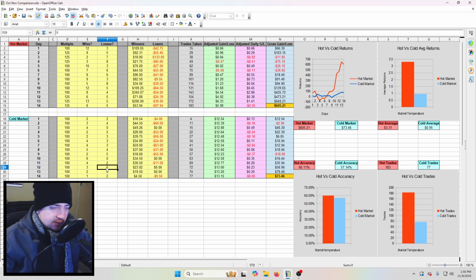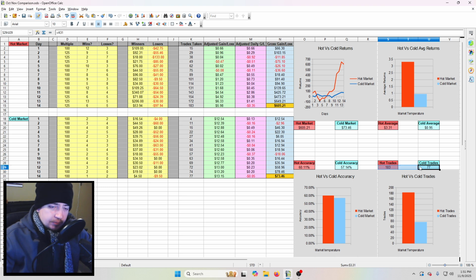And the reason is because I'm being more selective. I recognize that a particular setup will not resolve the same in a cold market as a hot market, and also that the length of the move, right? This range of the move is also typically much smaller, so I'm typically looking for much lower price targets, right? In a cold market, I might look for 5 or 10 cents per share, whereas in a hot market, I might look for 20 or 30 cents per share. And that range really just depends on the context of the market.